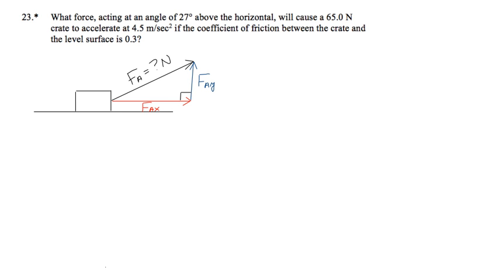And we know the angle in the problem, so I'm going to include that. The angle is 27 degrees. And there is a coefficient of friction, so there's going to be friction. Friction always opposes motion, so we're going to have friction in the other direction. So there is my